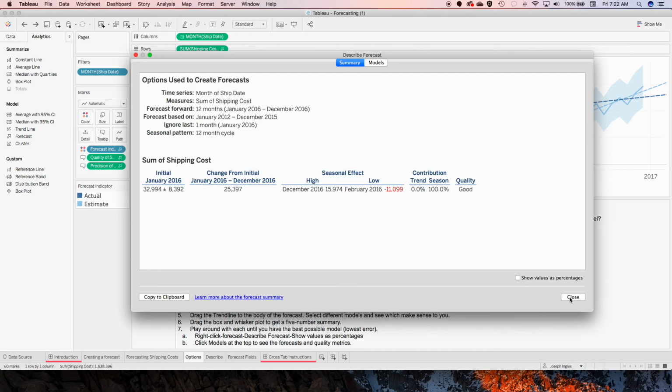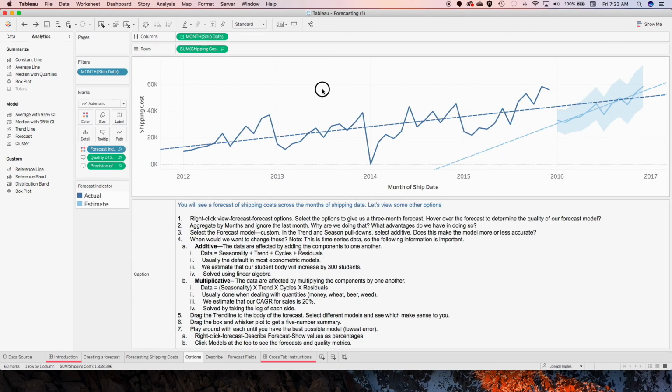Take a look, right? We're going to check the box down here that says values as percentages. And again, think about the seasonally adjusted low. There's no way that we can have a negative percentage shipping cost. In other words, our percentages here are not going to dip below 0. So that means then that we have a relatively inaccurate forecast. It's based on the 12-month cycle, ignoring the last month. And so let's go back and see if we can change some of those and come up with a better model. So we right-click,